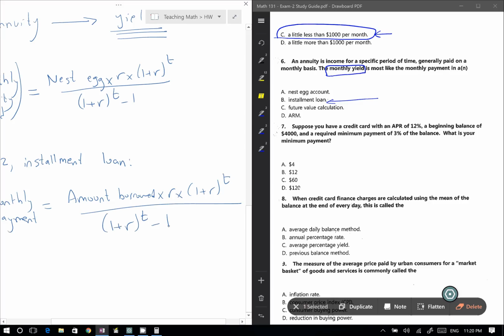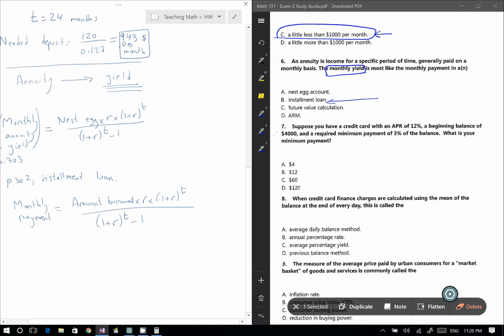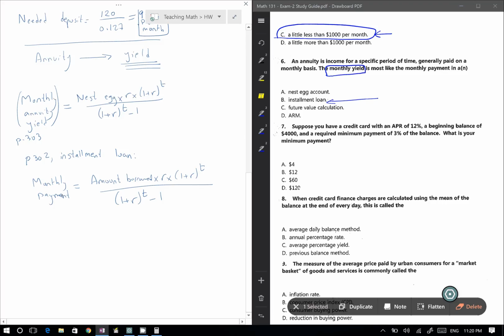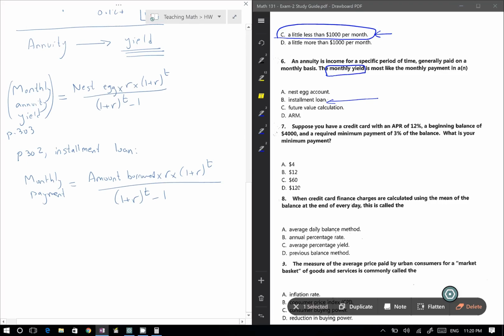So what's the difference between the annuity and the loan? Let's remember, with a loan you are here, you take a loan, that's into negative, and you do monthly payments to pay the loan with interest. So this is a loan. Now for the annuity, you are here, you save some money,